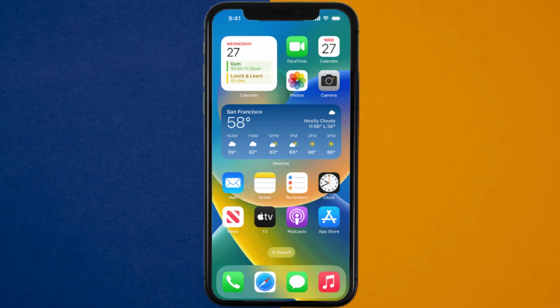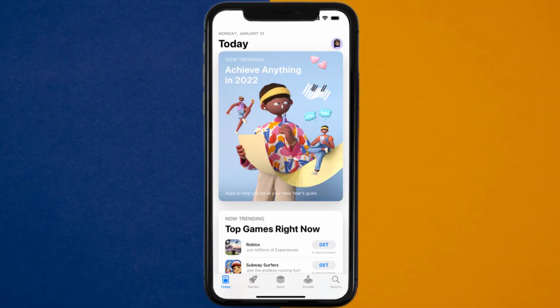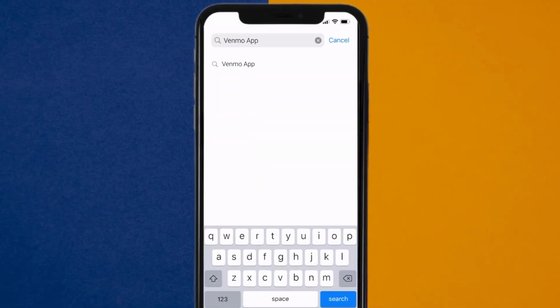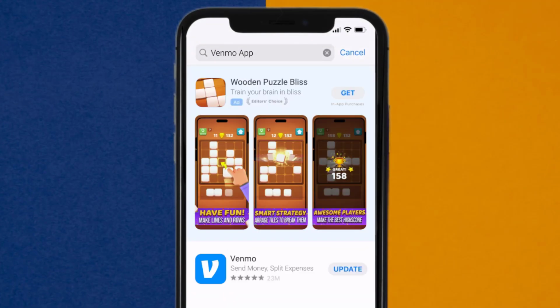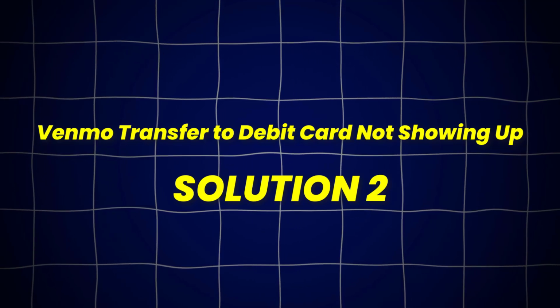not showing up. So first of all, you need to make sure you're running the latest version of the app. Open up App Store on your device, and then tap on this search icon in the bottom right corner. Then search for the Venmo app, and if you see this update button right next to the app name, simply tap on it to make sure you're running the latest version of the app. This should fix Venmo transfer to debit card option not showing up, but if it doesn't, then you need to